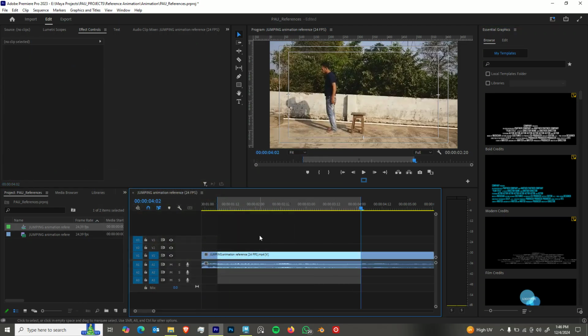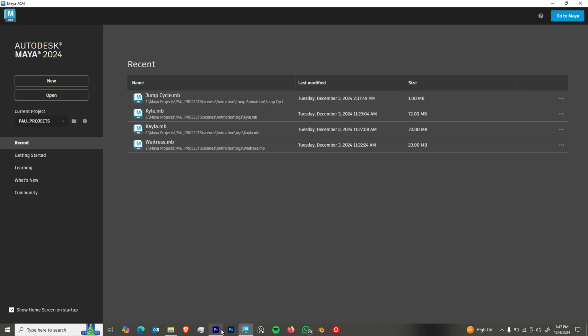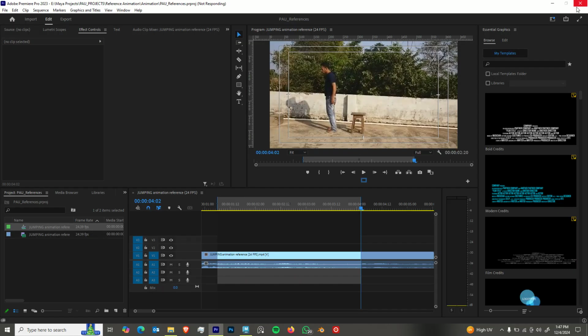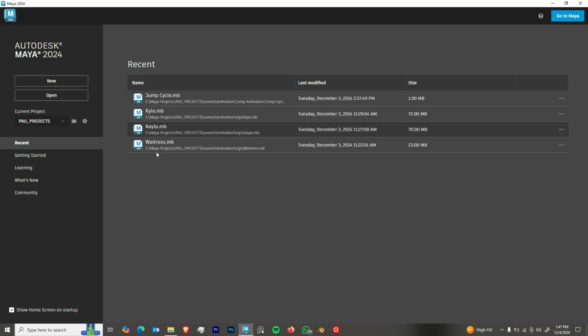So I'm done with this particular project, so I can just close that software and go back to Maya, right? I'll just close this down, then come back to Maya. So in Maya, always remember, before starting any project, what is your current project? You always want to set project to your project folder. I have my project folder set to PAU, so I don't have to worry about that. And this is the project I'm working on currently, but